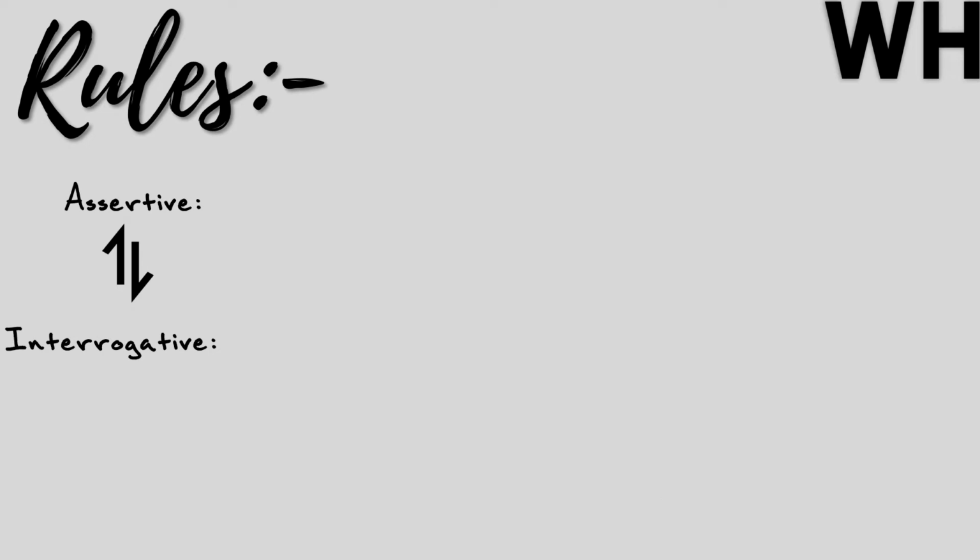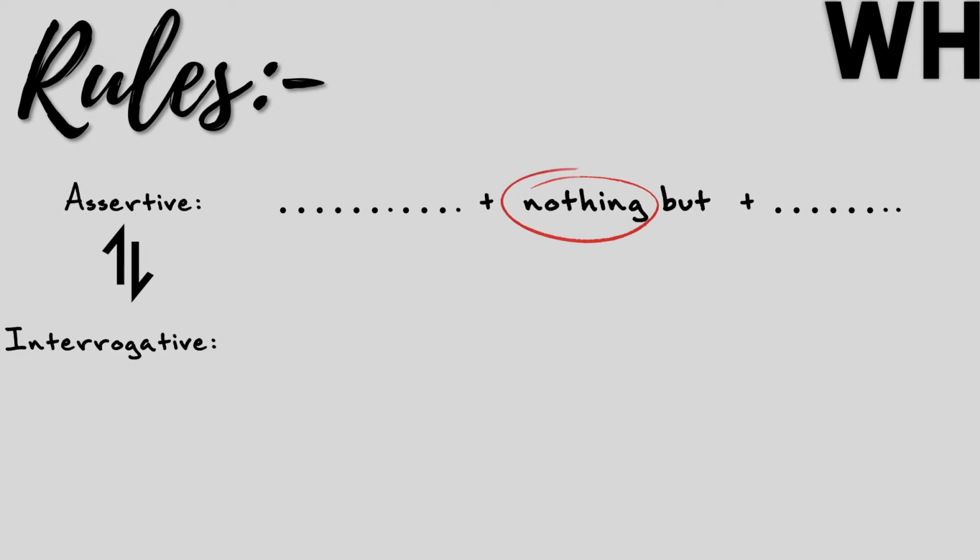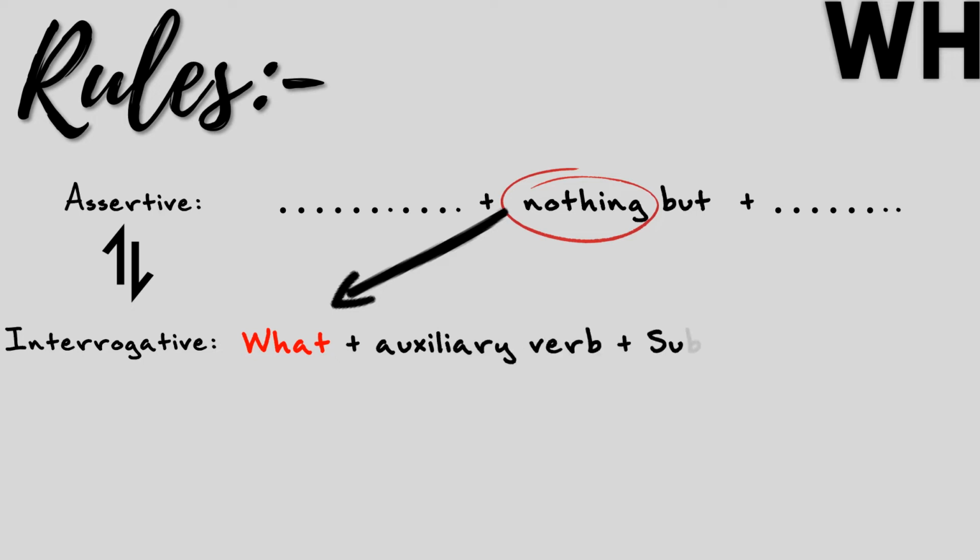Let's learn another rule in this segment. What if there is the phrase "nothing but" in an assertive sentence? Transforming this assertive sentence containing "nothing but" into an interrogative one, the things you need to do are, at first, omit "nothing" from this sentence and start the interrogative sentence with "what". And the definite thing that you need to do is bring the auxiliary verb in front of